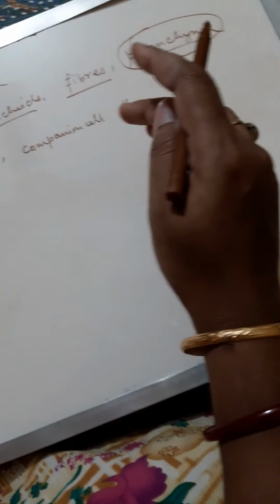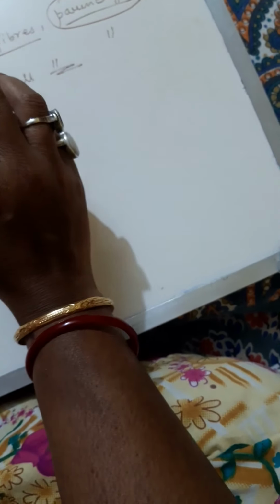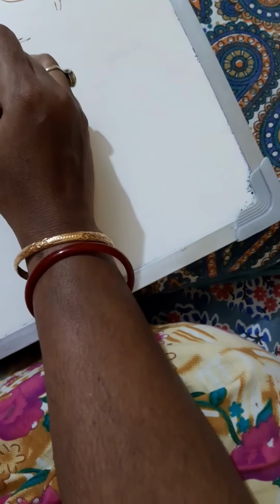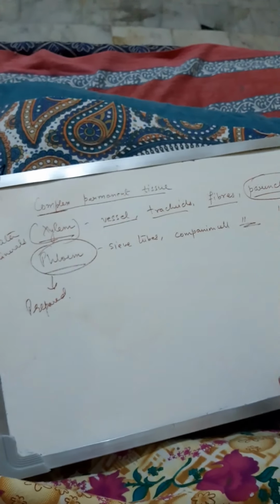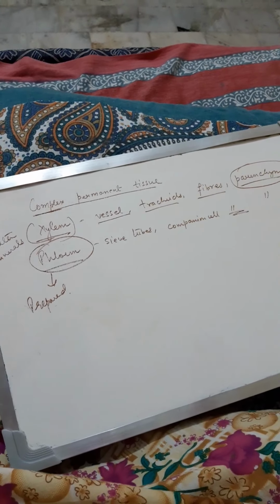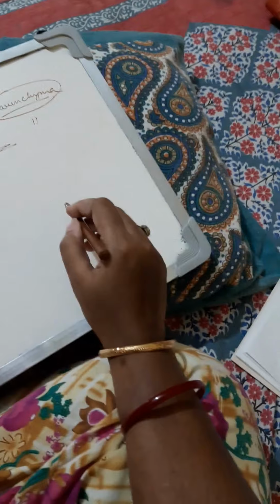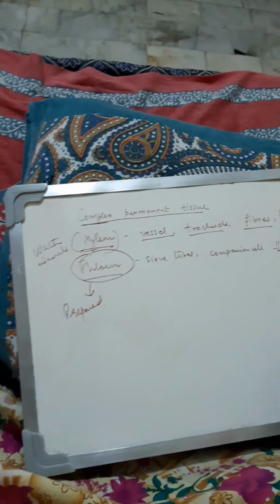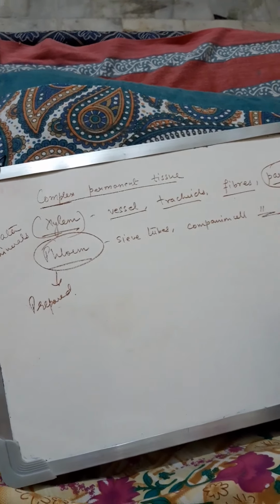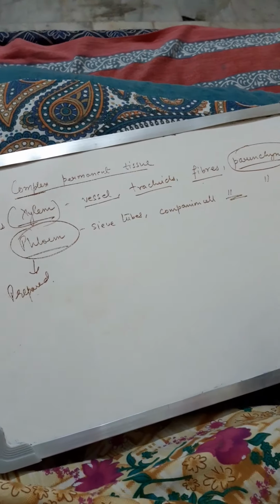Do you understand? Xylem vessels and tracheids are responsible for the upward movement of water and minerals, your pipeline. Fibers are providing the mechanical strength. In your pipeline, you have those bolts which keep them attached to one position. That work is done by the fibers. And then we have the parenchyma. I have told you that the function of parenchyma is storage. So parenchyma here stores the things which are brought by vessels and tracheids.